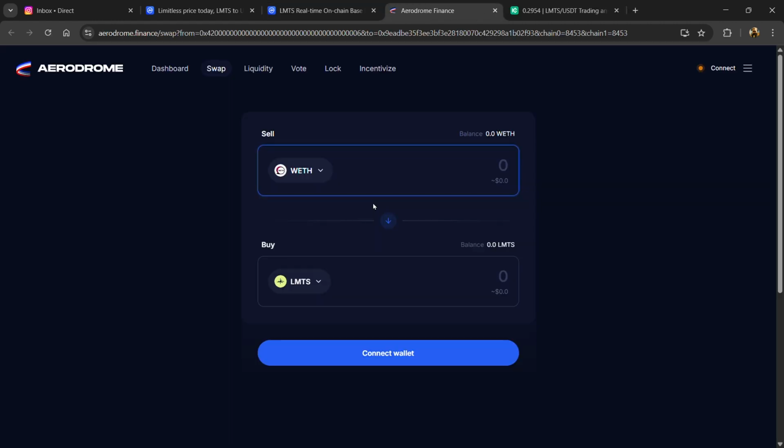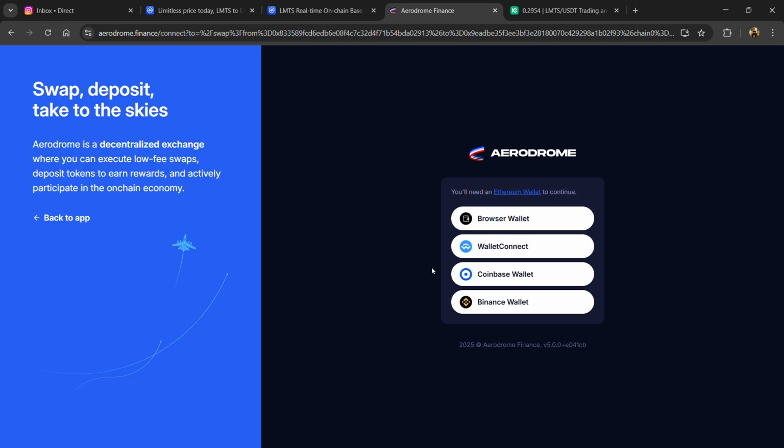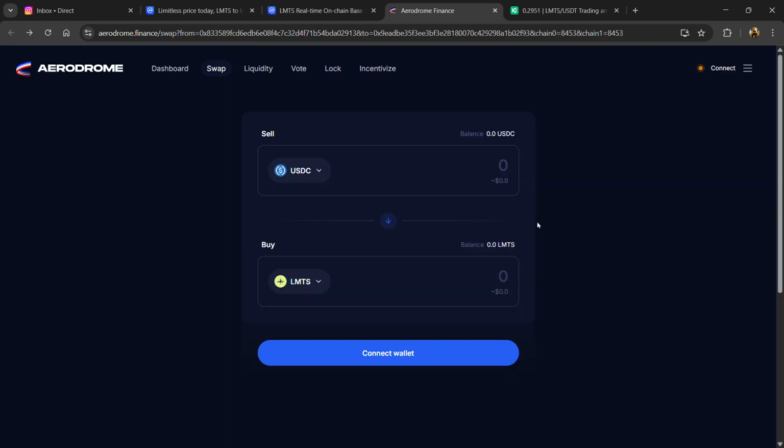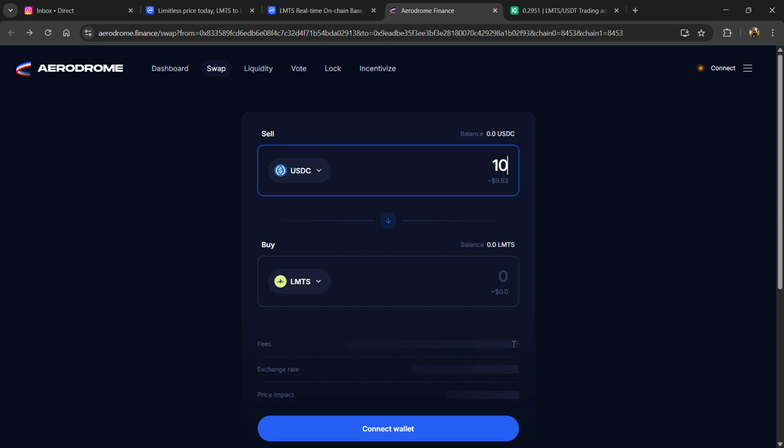Now here firstly you need to connect your wallet from this exchange. Now click on connect wallet. Here you can connect different types of wallet, or you can also connect your mobile wallet by scanning this QR code. After connecting the wallet, you need to receive or buy USDC coin in your wallet, and here you will